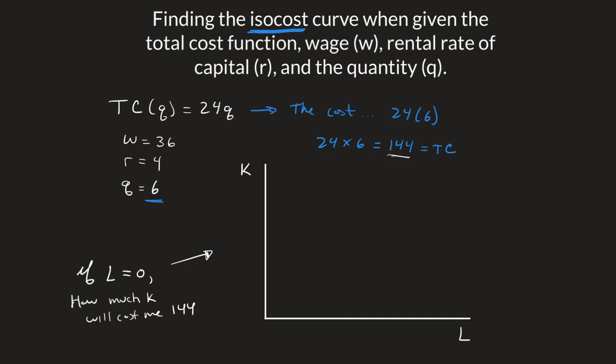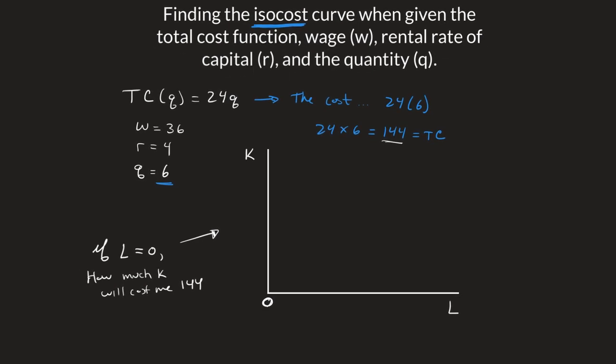So if I were to not purchase any L, so we're at the origin here and going along this vertical axis right here, if L was equal to 0, how much K would cost me 144? The way you can think about that is what number K times R, which we know is 4, is going to equal 144. Well, that just means this K value is going to be 144 over 4, which is going to equal